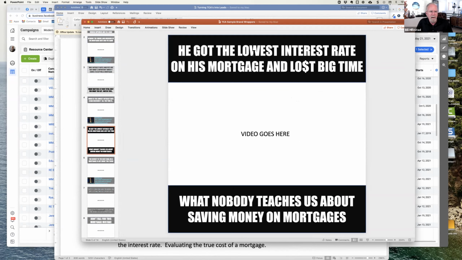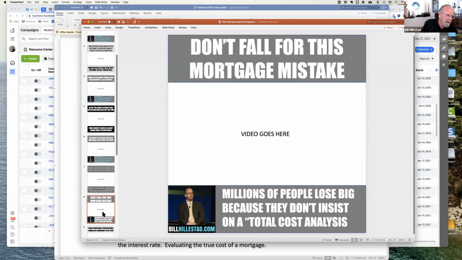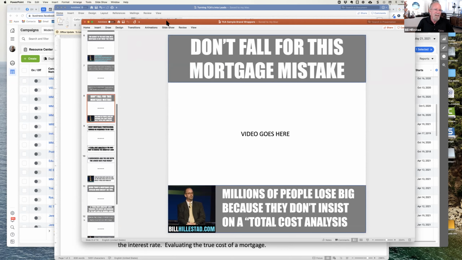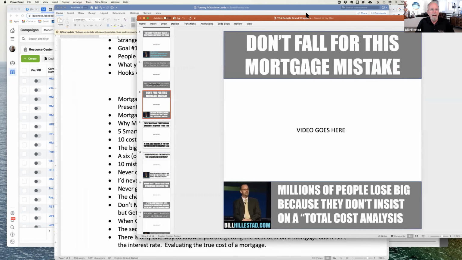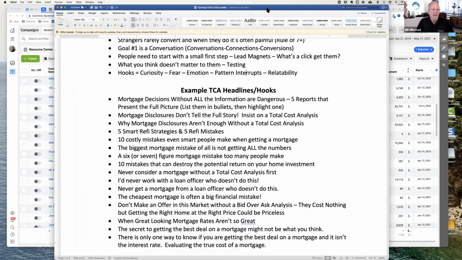scroll. But pattern interrupts. He got the lowest interest rate on his mortgage and lost big time. Pattern interrupt: why interest rates and fees are not what's important when what matters is your total cost. Don't fall for this mortgage mistake. Rob, you could probably play with one of these. Fear. People hate making mistakes. And I made all these little brand wrappers,